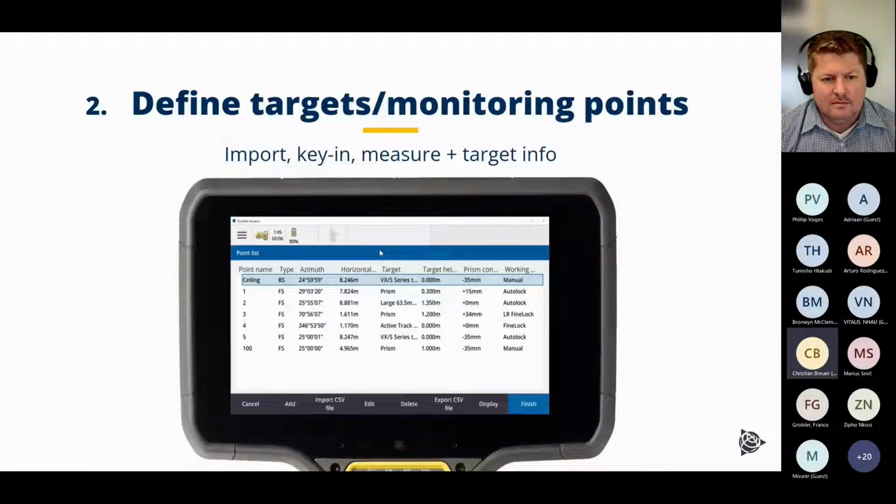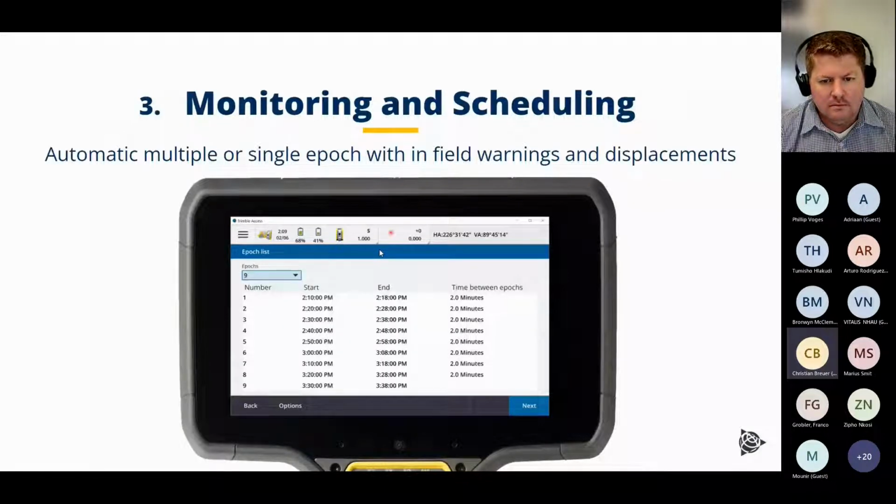So when you look at the screen here, this can be selected for every target individually. You can, of course, use different prisms at the different targets and different lock modes also. Once you have selected the prisms, the instrument will automatically measure all these prisms. And once one set of measurements has been finished, you will see an overview of the epochs that